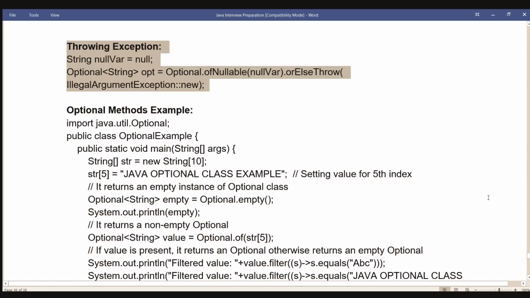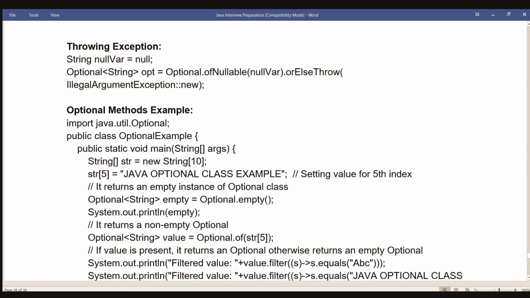Throwing exception. String nullvar = null; Optional<String> opt = Optional.ofNullable(nullvar).orElseThrow(IllegalArgumentException::new);